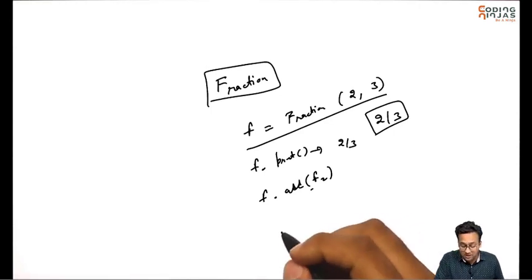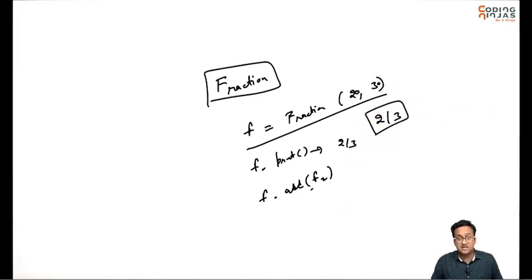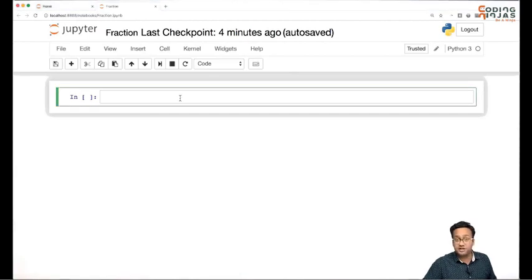I should be able to do stuff like that, right? So I should be able to multiply. If I say, for example, f is equal to fraction 20, 30, then it should actually be a fraction 2 by 3, not 20 by 30, it should take care of that. So I should be able to do all these things, right? The way we have complex numbers in Python, I'm saying we should have a fraction as well. And that's what we want to build here, okay? Perfect. So let's build our fraction class.